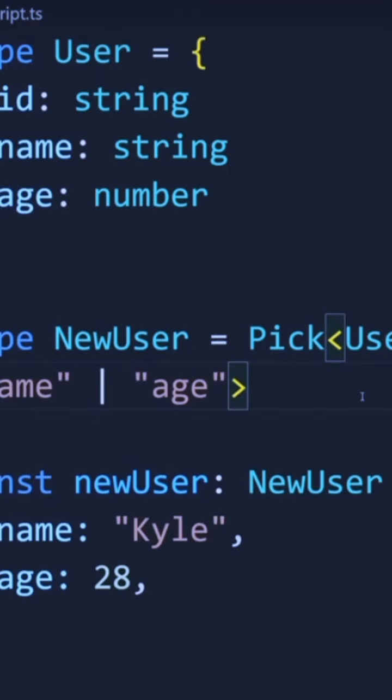I can do essentially the exact same thing with pick, because pick allows me to pick the exact properties I want. In our case, I want to have the name and I want to have the age property. So now if I hover over my new user, you can see it has only the name and age property and nothing else. These are two of the many TypeScript utility types, and I use